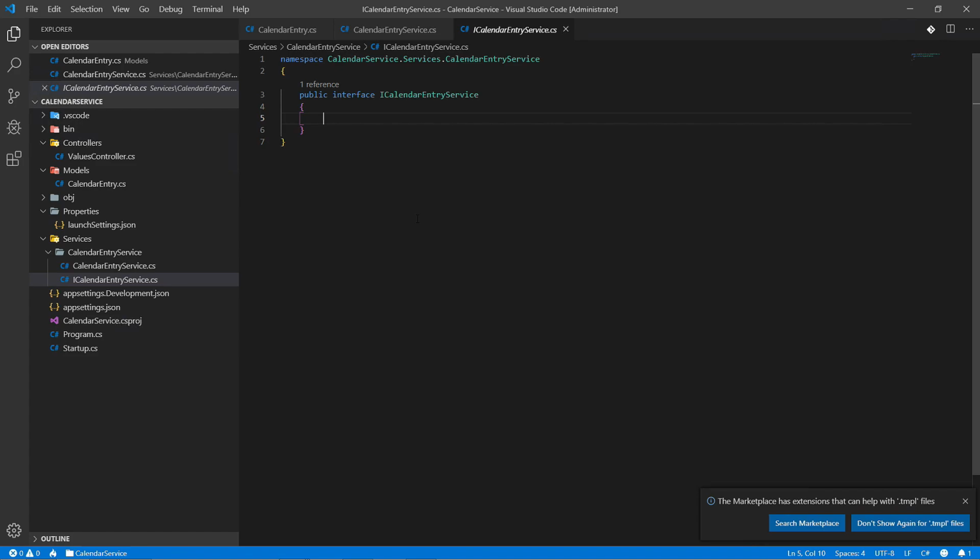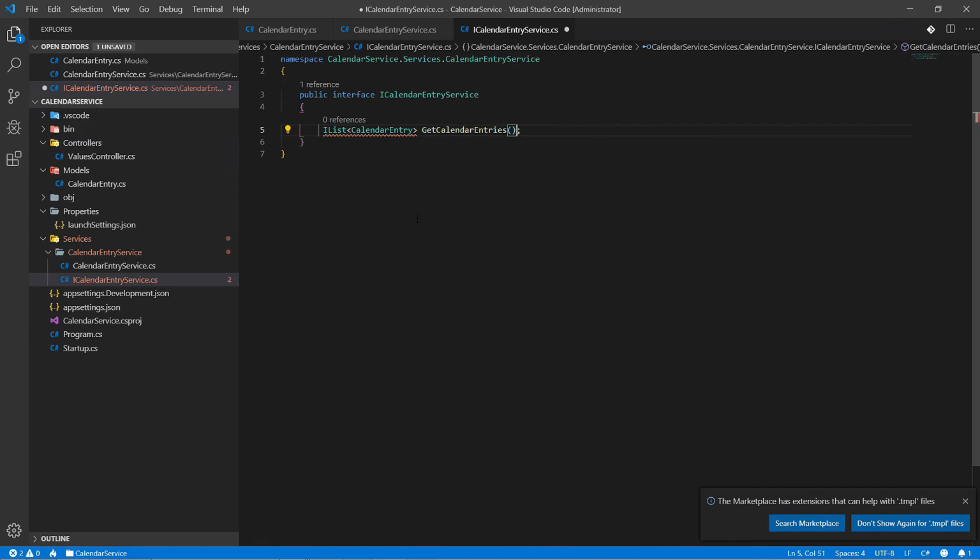Now for this example, let's start with a get method. So something like, I want to have a list of calendar entries. This is the return type, a list that consists of calendar entries, and we simply call this get calendar entries with no parameter, no arguments, nothing. And of course,